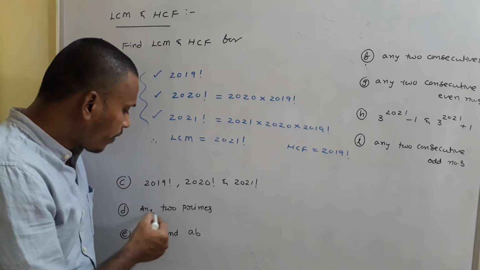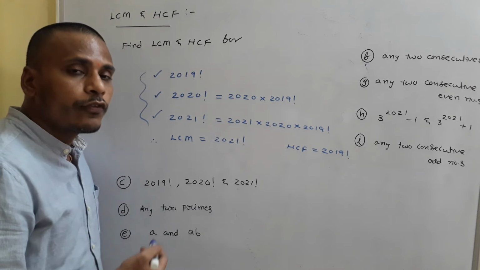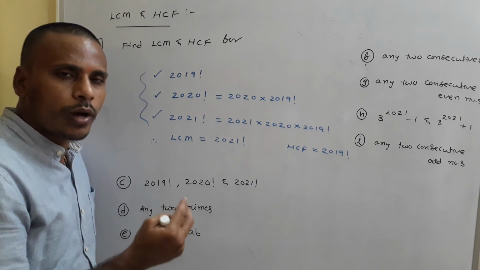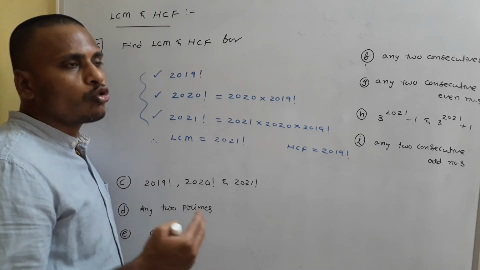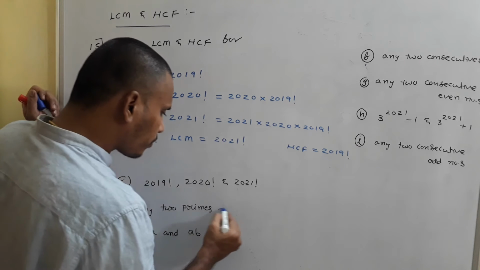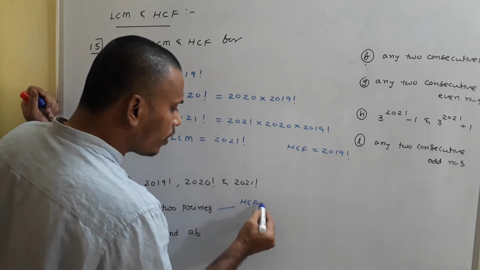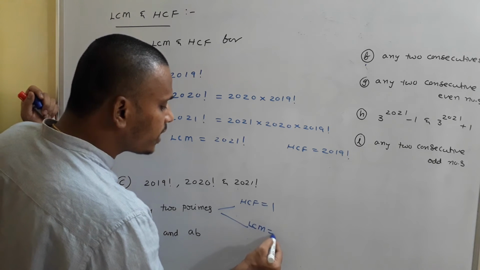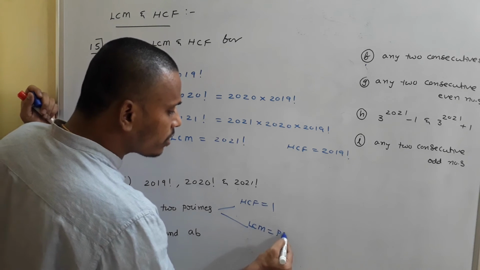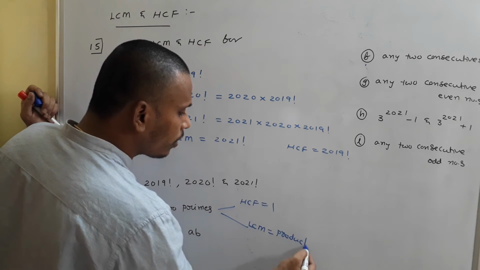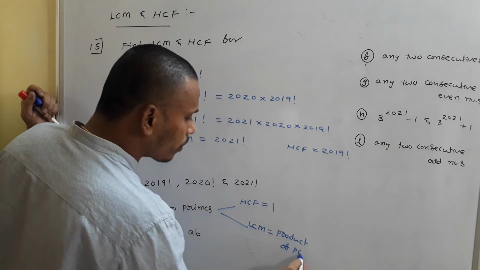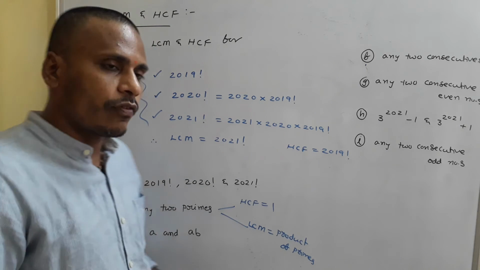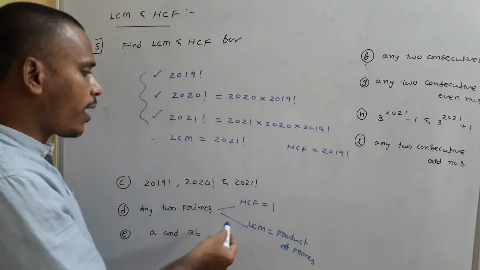Okay, right. The next thing is any two prime numbers. If you take any two prime numbers, since a prime number has only two factors, one and itself, for sure their HCF is always 1, because the common factor is only one number. Whereas if you wish to find LCM for those two numbers, LCM is simply the product of primes. Okay, take any two primes. For suppose if you take 5 and 7, for 5 and 7 LCM is 35, whereas HCF is 1. That's what I am mentioning here.